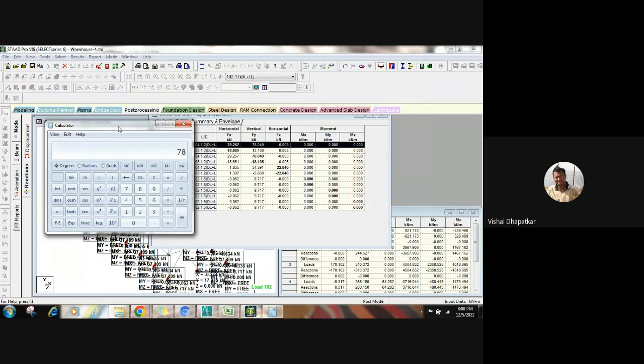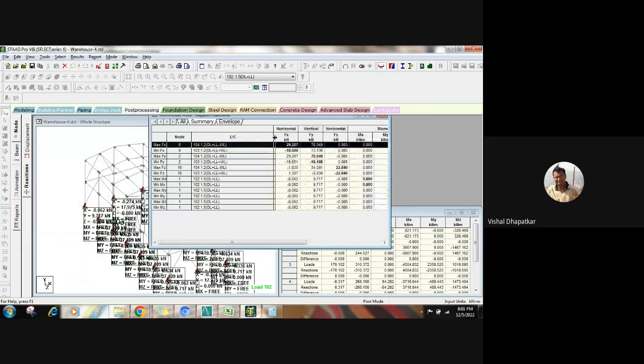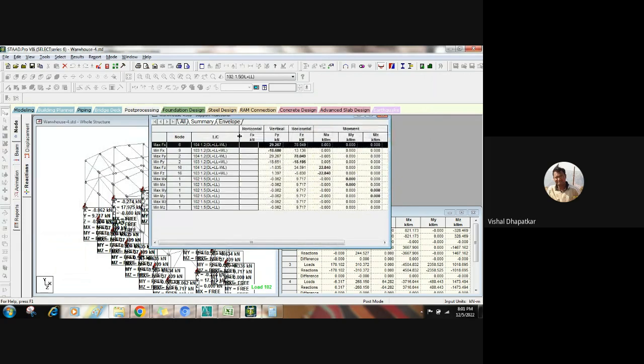So if you take compression of 78 into 0.4, the actual force generated is 31 kilonewton, which is more than the actual shear force. So when there is this load combination or load reaction due to wind load,